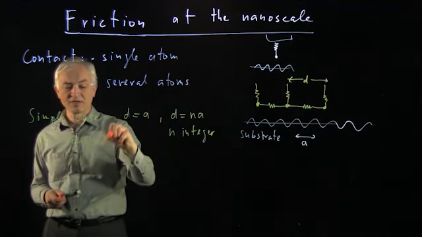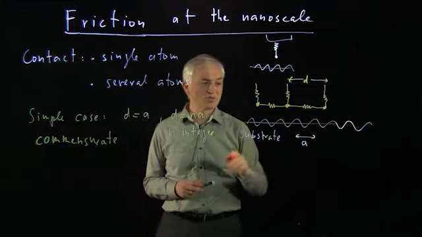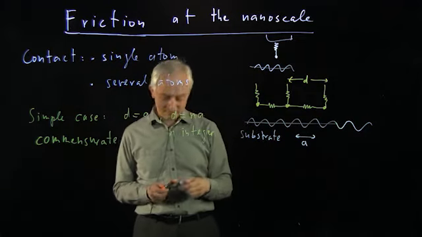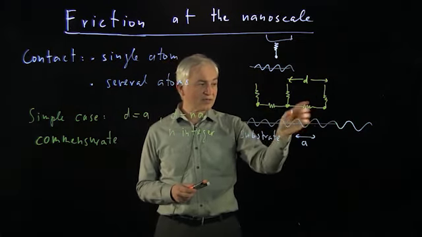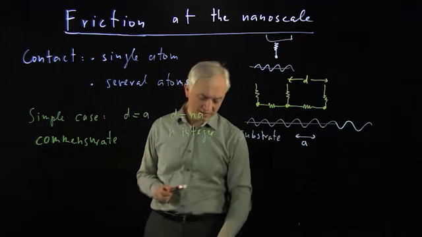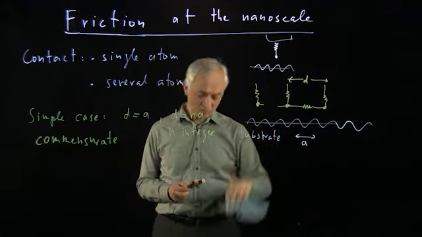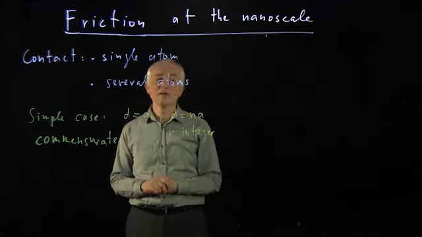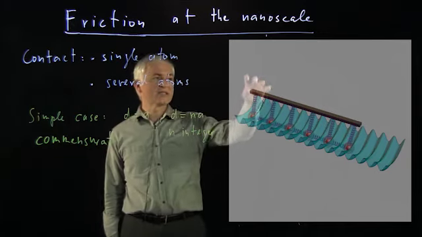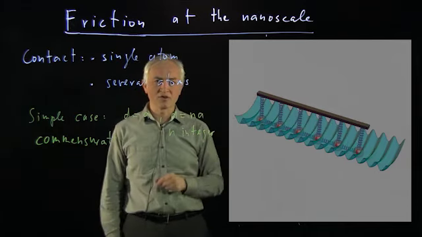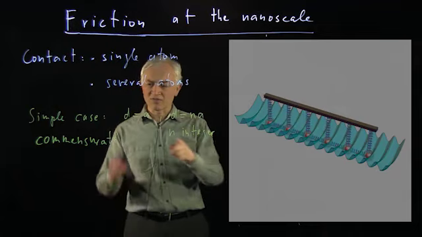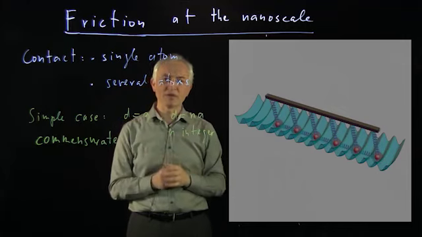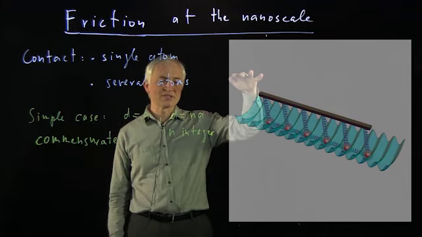Basically, when the period of the object matches the period of the substrate, the commensurate case, then the atoms are at equivalent positions relative to the substrate period. The springs between them will not stretch, and it's as if they are not there. So in the commensurate case, as the atoms are pulled across the periodic potential, because of this commensurability condition where D is equal to A or an integer multiple of A, basically the two periods are matched, all the atoms are doing the same thing at the same time.